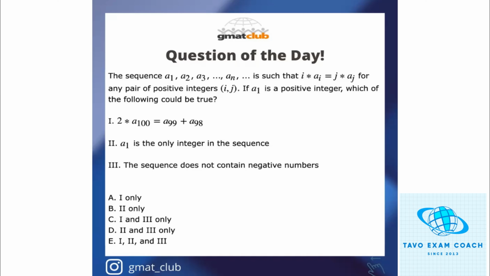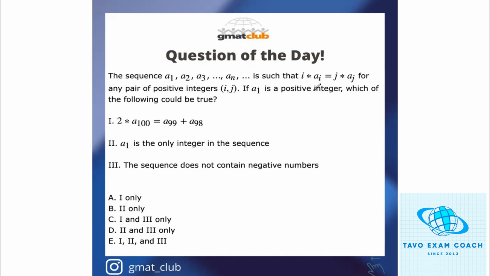There are three statements, the first of which reads: 2 times a sub 100 equals a sub 99 plus a sub 98. The second statement says a sub 1 is the only integer in the sequence. And the third statement reads: the sequence does not contain negative numbers. So we need to assess each of these statements individually, whether they might be true. If there is a possibility or just a single case where these statements can be verified true, so let's begin